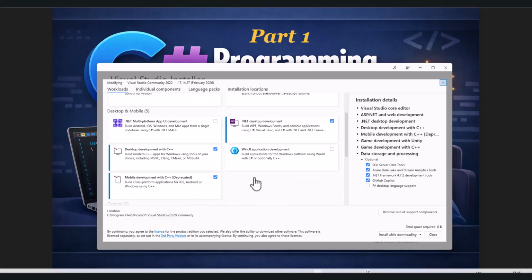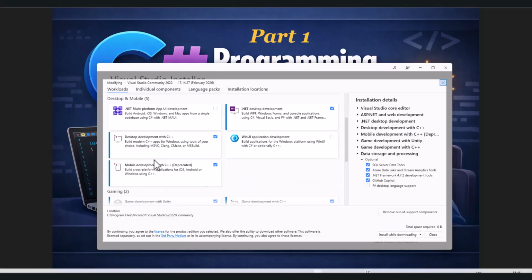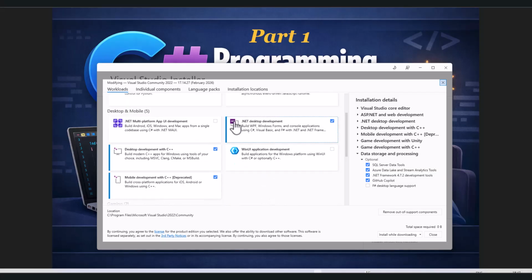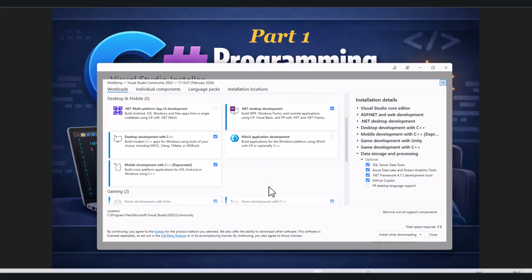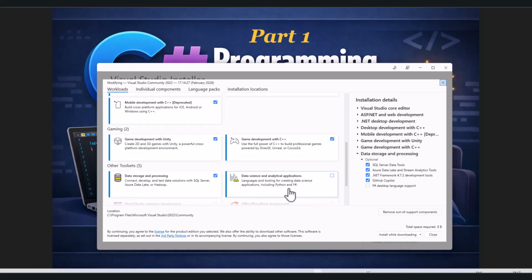If you are using C++, you need Desktop development with C++. You need only .NET development for the advanced level. You can install it right now or later. So click .NET desktop development, and we need